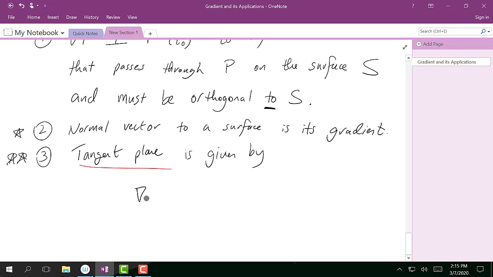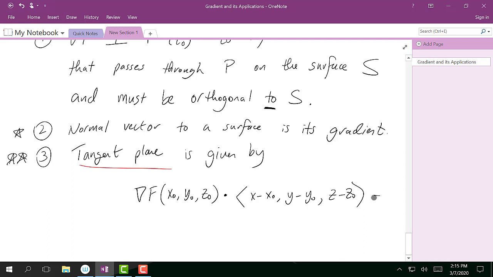And so what we get is the gradient of capital F, the function we created, at the point x naught, y naught, z naught, dotted with the vector x minus x naught, y minus y naught, z minus z naught,